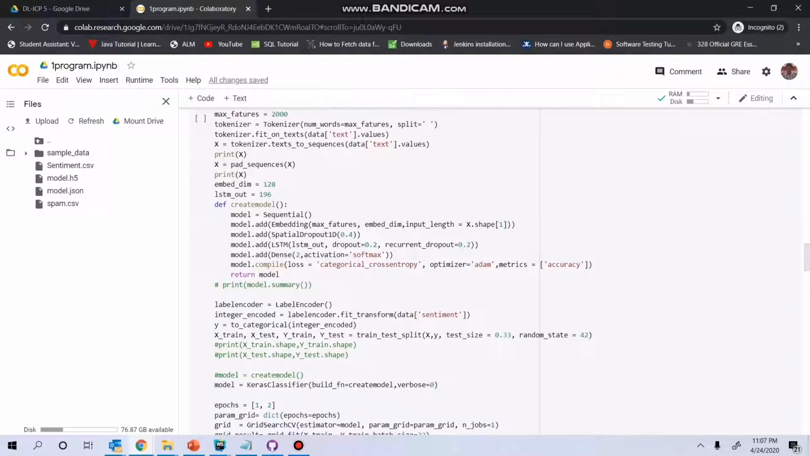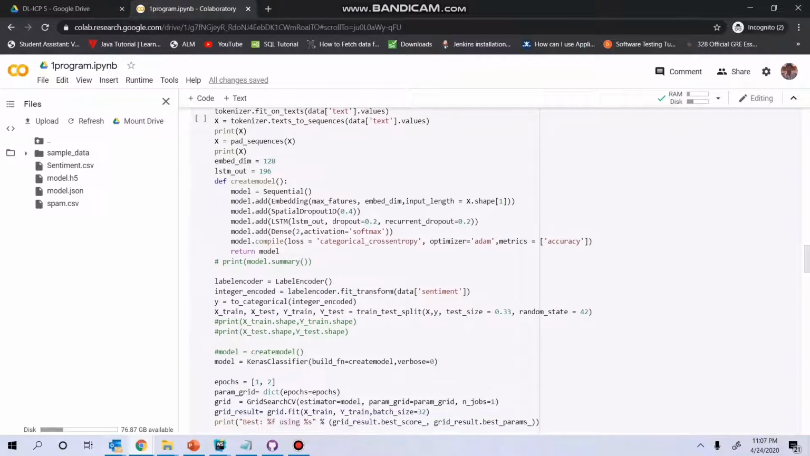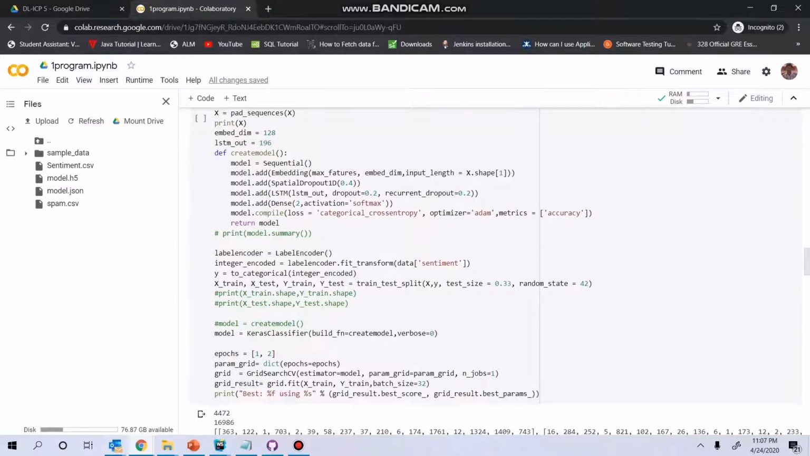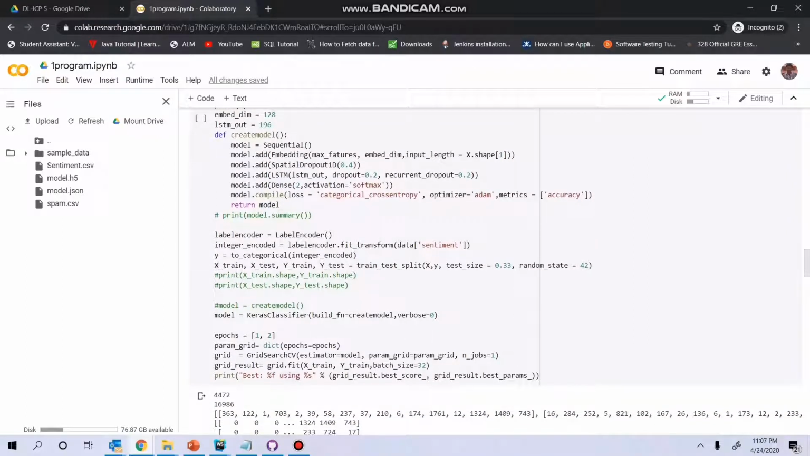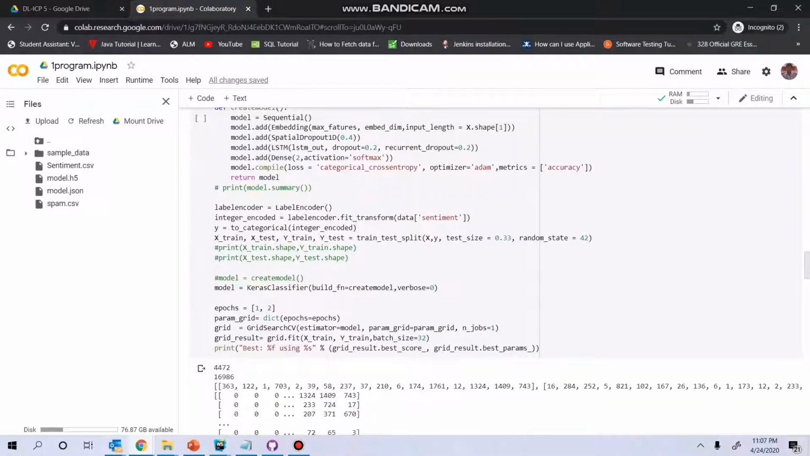softmax. Then we are going to encode using label encoder, fit and transform the sentiment with the fit_transform function, and we are going to get the values of x train, x test, y train, and y test. Here we are going to use the Keras classifier, with the epochs 1 and 2,